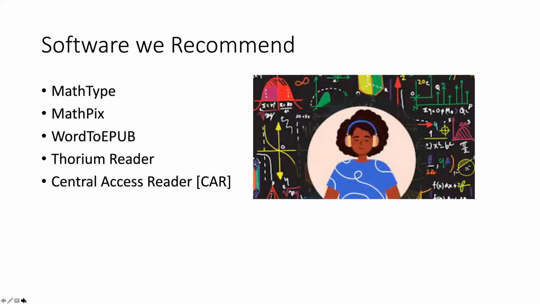WordToEPUB is free, Thorium Reader is free, Central Access Reader is free, and Mathpix actually has a free version that gives you about 50 snips a month, which is probably all you'll need. MathType is $49.99, but out of the software that we recommend, that's probably the only one you'll have to actually pay for,